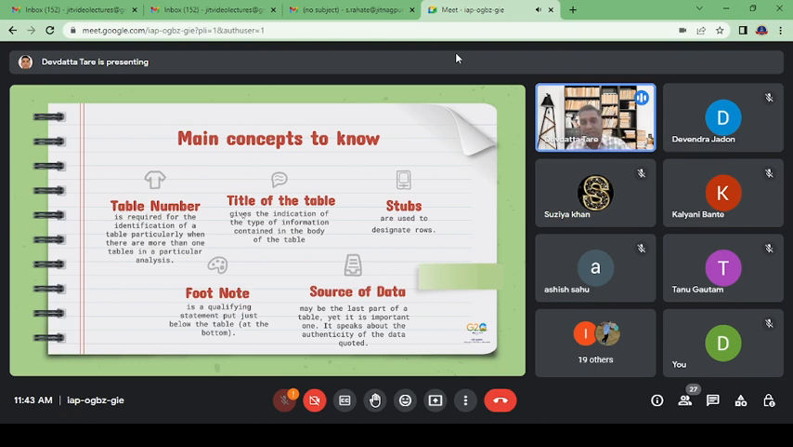Then second, every table should have a title. There is a number, but we should always have a title for our table as well. Why? Because numbers will not be able to tell you what the table is depicting, so a table should always have a name. As we have an identity,